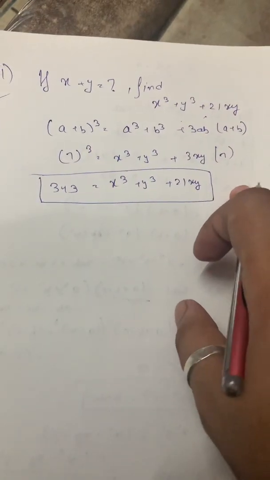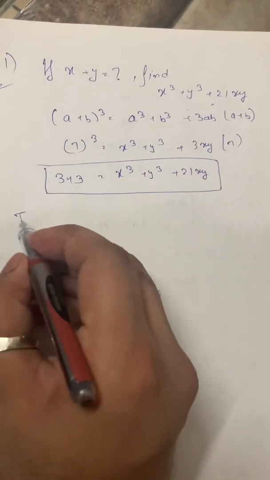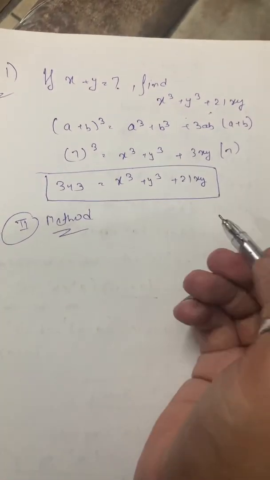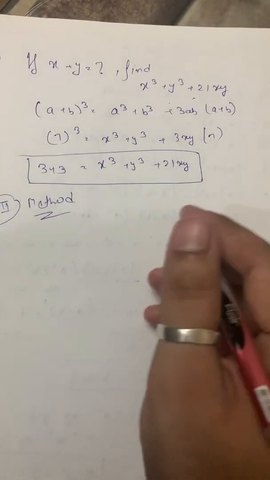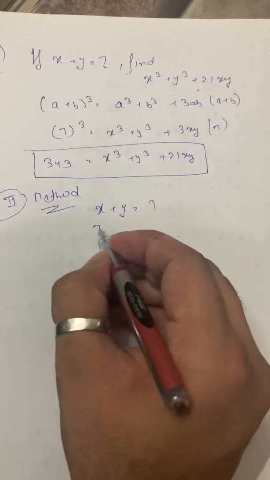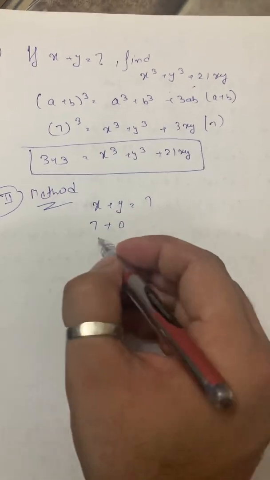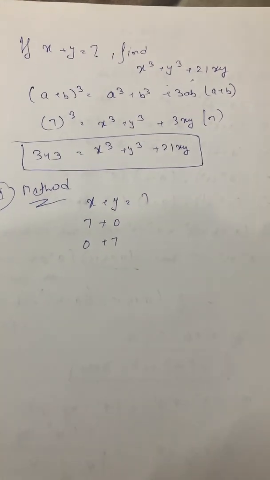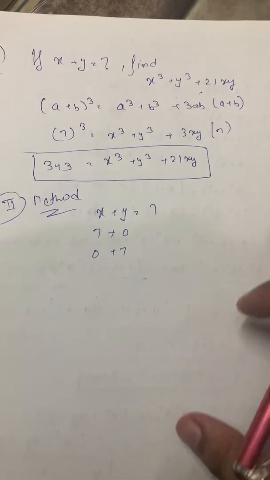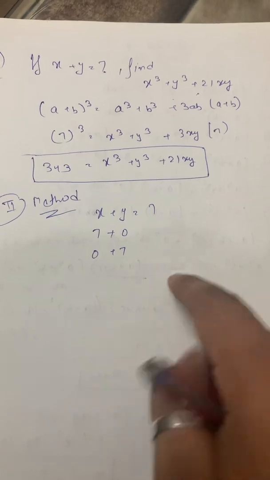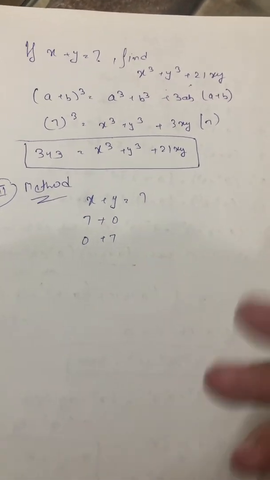This is through formula. But the second method I can share is a tricky approach to solve this question. Take any number that satisfies the equation, any number of your choice. If I say x plus y is equal to 7, can I say x equal to 0 and y is equal to 7. It is your wish. You can take either number 0 and take the other number as x. You can take it as 2, 3, you can take it as 1, 6, you can take it as 2, 5. It's your wish. Sum should be 7.